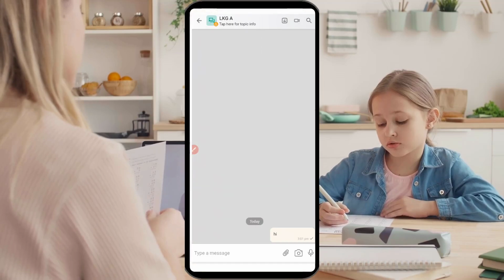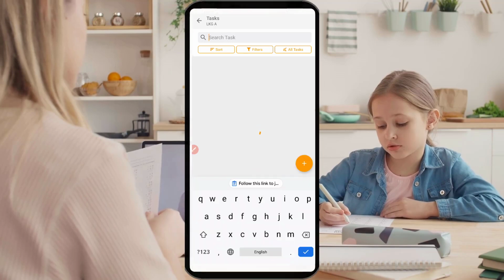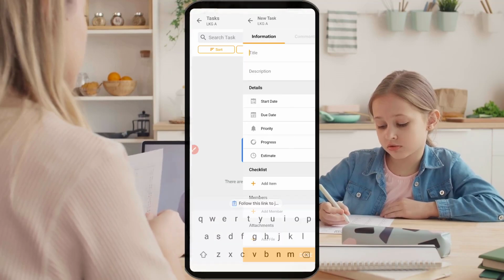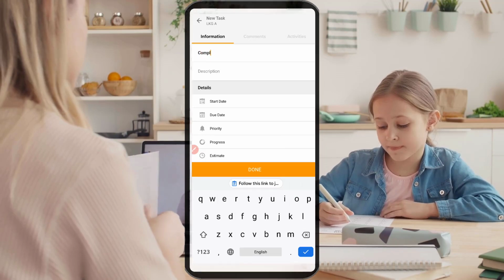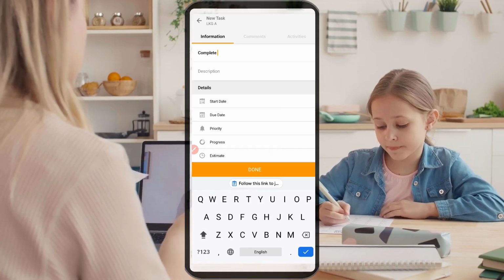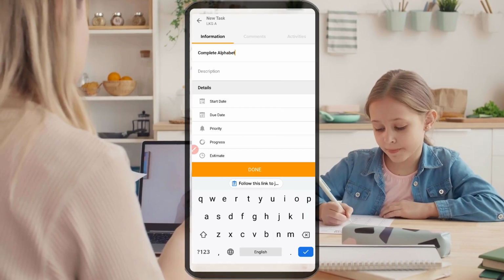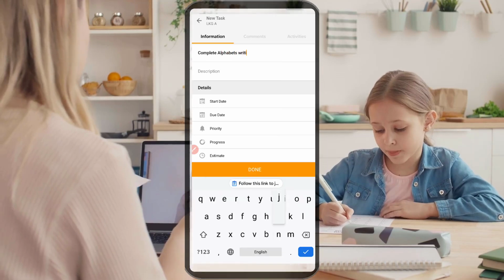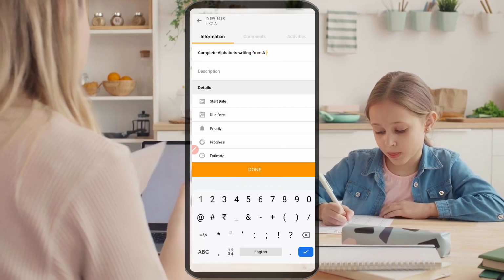There is a very useful feature on Reverse, that is task management. Using task management, it is very easy to manage assignments that have been assigned to students or any activities that have been assigned to them. You can easily create new assignments, assign it to any student and track the status of them. You can attach pictures and documents to them and add comments if necessary.